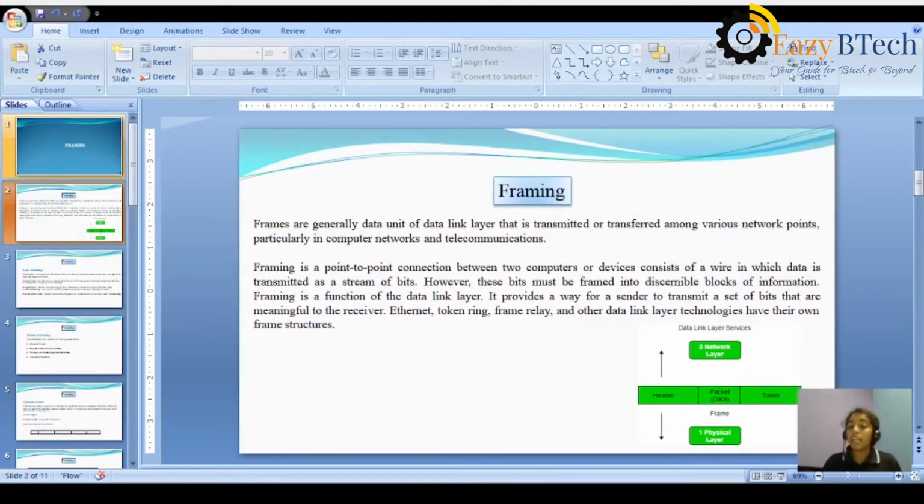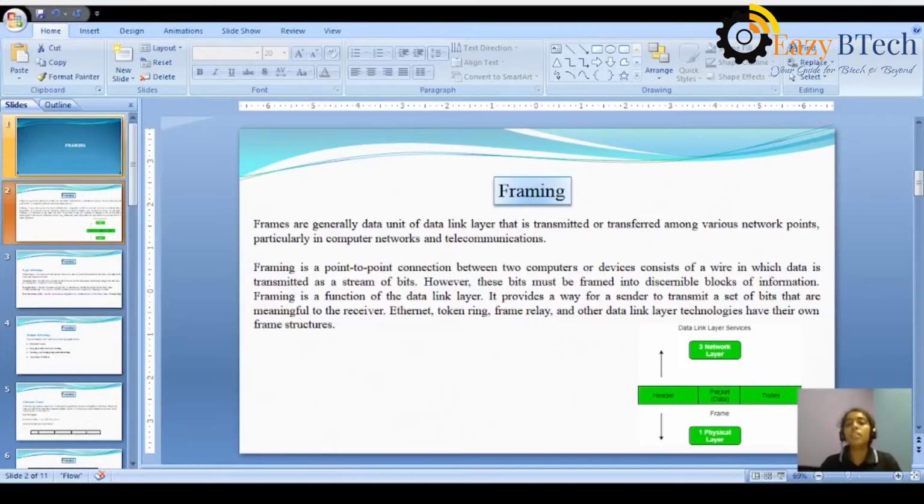Here we are using a physical medium while sending the frames from source to destination. Through that physical medium we communicate data in the form of bits. The collection of bits is nothing but a frame.